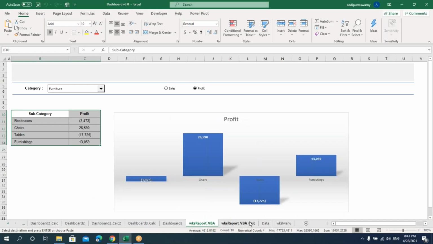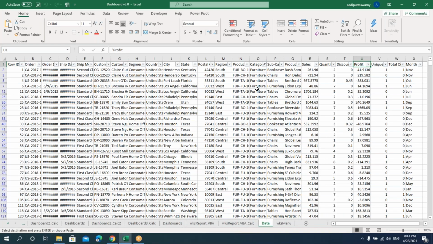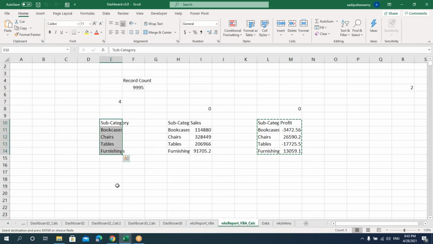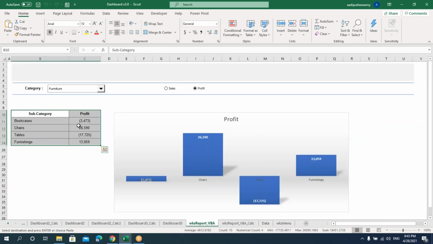Say for example, if you go here, we filtered this category and took all the subcategories and pasted them in this calculation sheet and removed the duplicates. Then we copied this and pasted in two different tables so that I'll get that for sales and profit. Then we created a formula, that is the SUMIF formula, and we kept it on top so that we can use this for these subcategories. Now once this is done, we wrote a code that copies these ranges and pastes them here based on whether it is sales or profit.